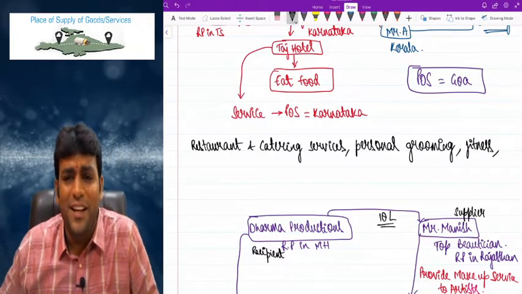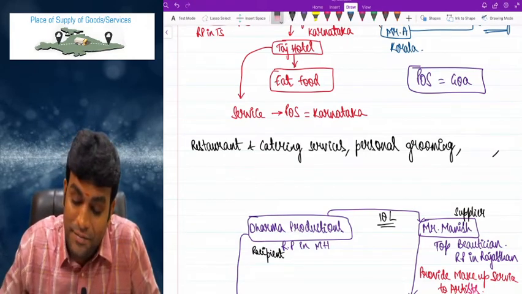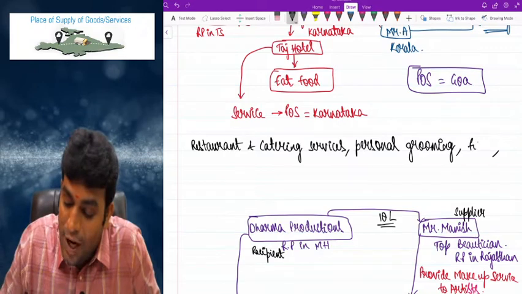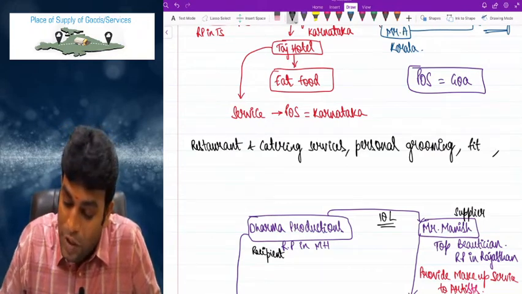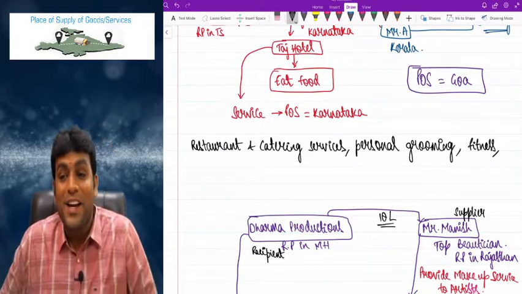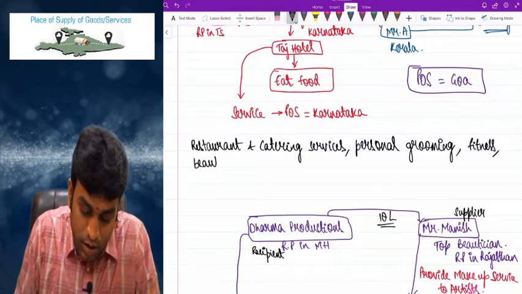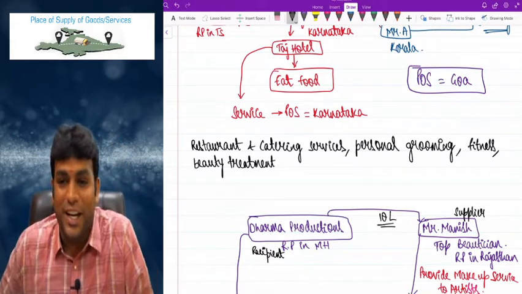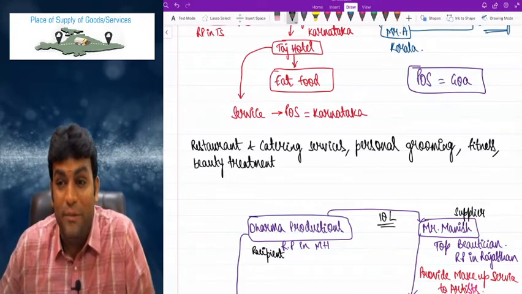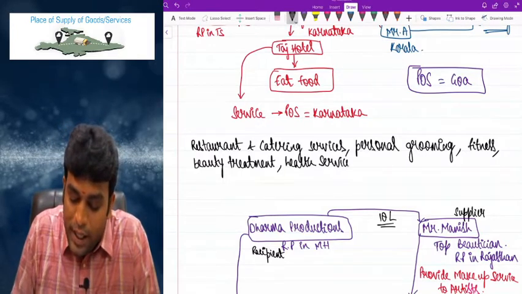Fitness. What is fitness, sir? Gym. A gym activity. Nowadays, cult. People are going to the gym. The importance towards fitness has increased a lot from the time India is facing a lot of troubles. Correct, right? Importance towards fitness has increased and people are focusing on too much of fitness activities now. Good. Come on. Restaurant and catering services, personal grooming, fitness, beauty treatment, health services. That means hospitals,